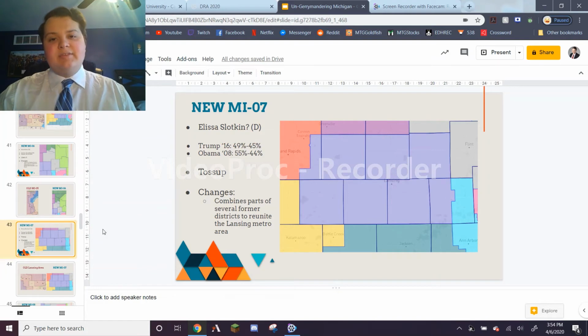The new 7th district is really a district in its own. You could say a lot of the other districts in this map are based on or similar to current districts. The 7th district is really its own invention. I think this is the way it should be. This is the Lansing metro area. Lansing is a community that stretches between several counties. It has people even that commute to Lansing from areas like Livingston County here. It incorporates several counties that are very culturally similar, very regionally similar as well.